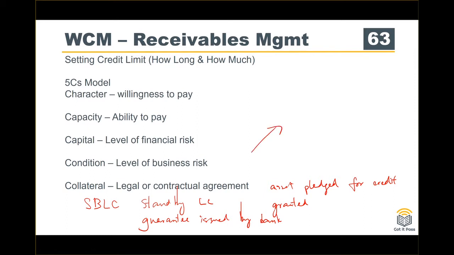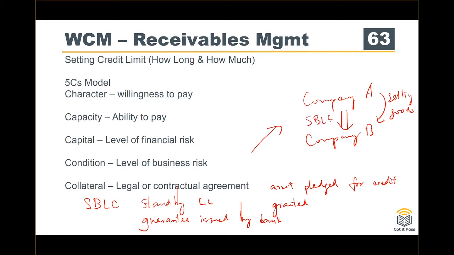So here, standby LC means, for example, company A, and also company B here. And company A is selling goods to company B. Okay, so B is the customer, and B would like to have some credit terms with company A. Then company A may ask for the assets to be pledged, like in this case, maybe ask for the standby LC by company B. Company B can go to the bank